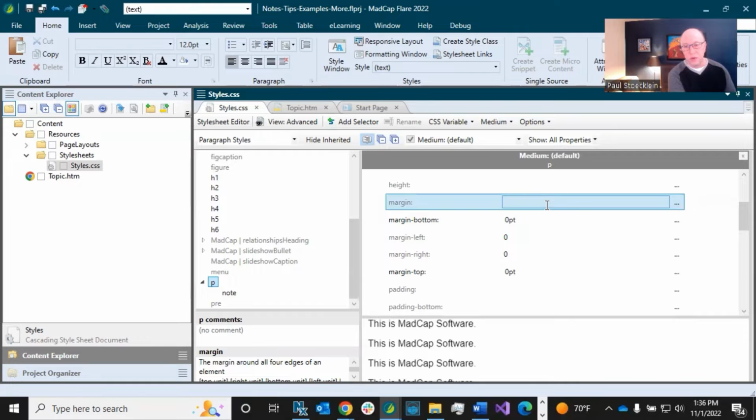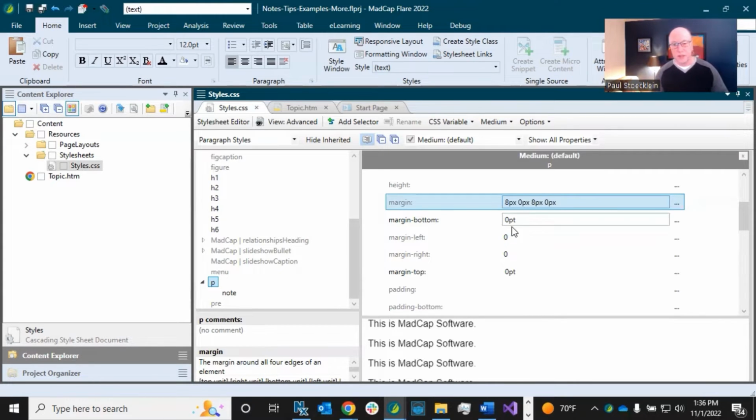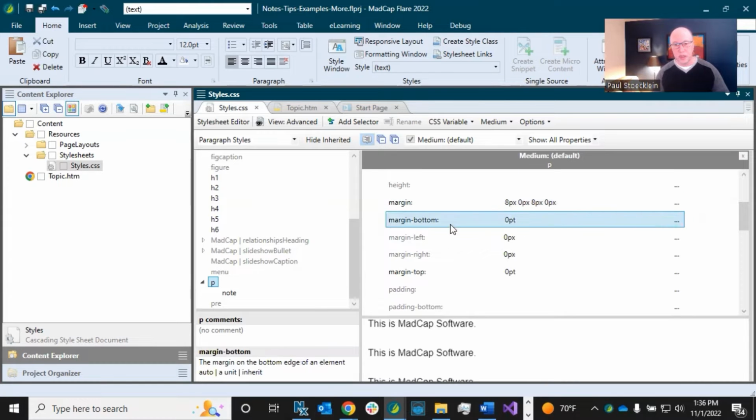So margin, what do I want at the top? I'm going to say 8 pixels, type a space. What do I want to go around? So now it's on the right hand side. So what do I want for my right margin? Well, I can just say I want 0 pixels, and then bottom, I'm going to do 8 pixels, and then the left, 0 pixels. Now, if I click off on this, these numbers aren't going to change right here